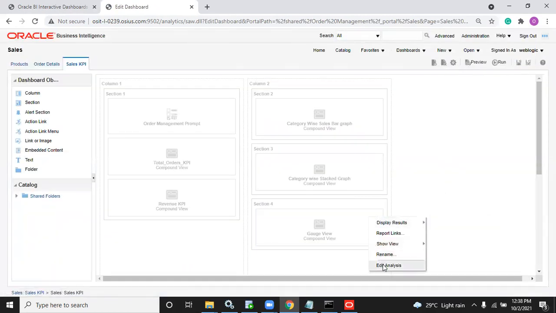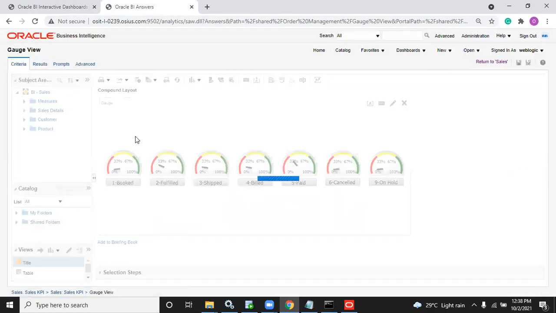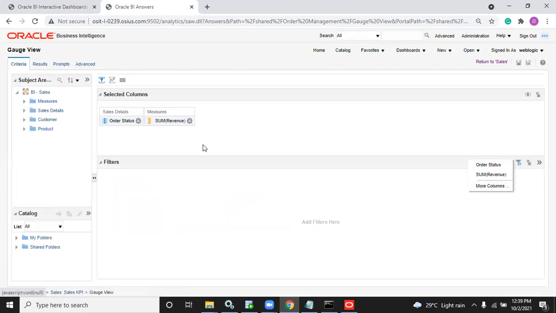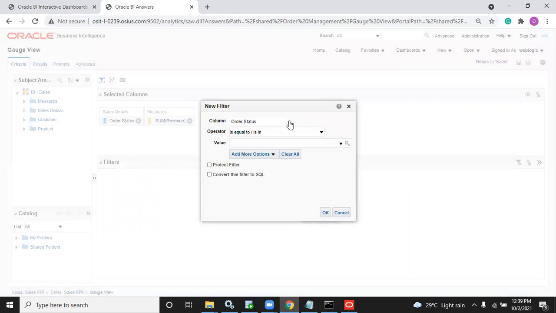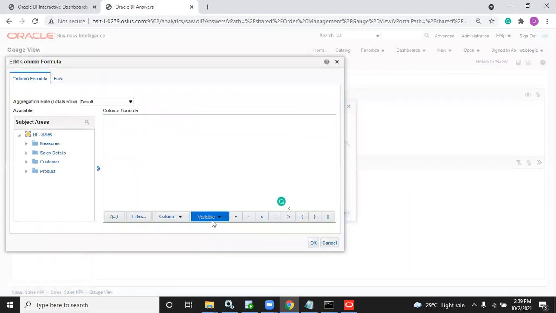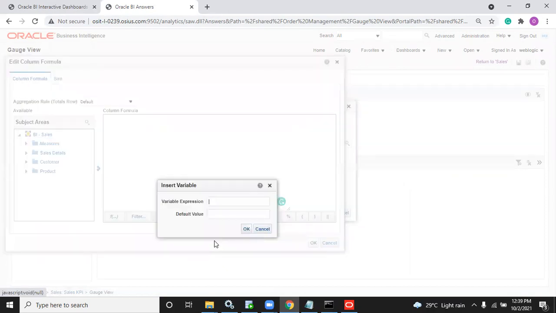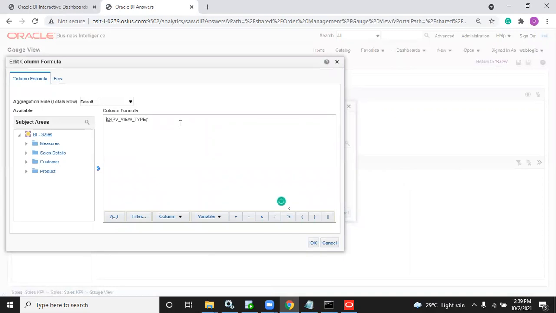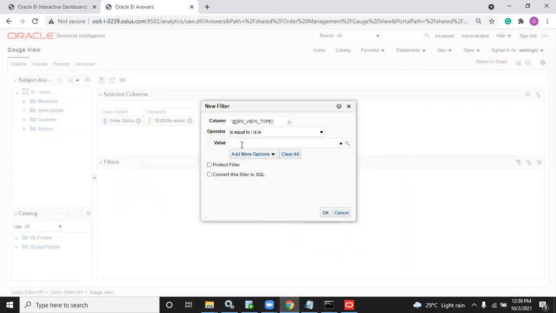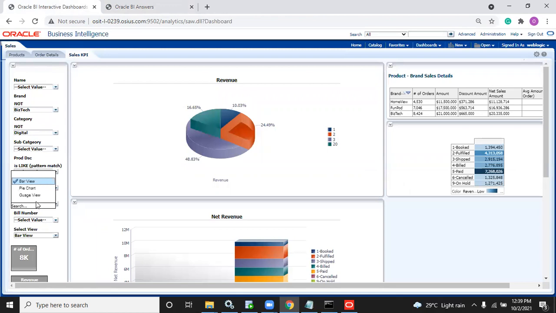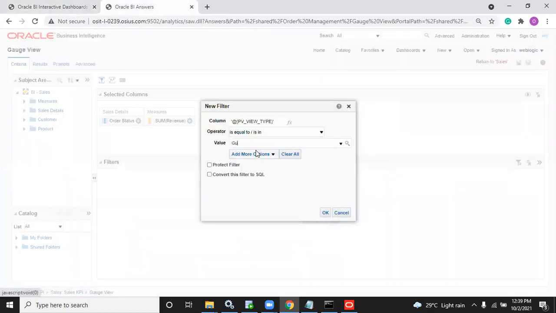Now I'm adding the gauge filter. Or you can go to add here also. Effects, remove this column, go to variable, presentation variable. As it is a variable, you should pass it in a single quotation. Okay, and here you should have the value like what is selected here. I have written the spelling of gauge wrong. Basically, the spelling of gauge is GAUGE. Okay, no problem. But you don't write like that.